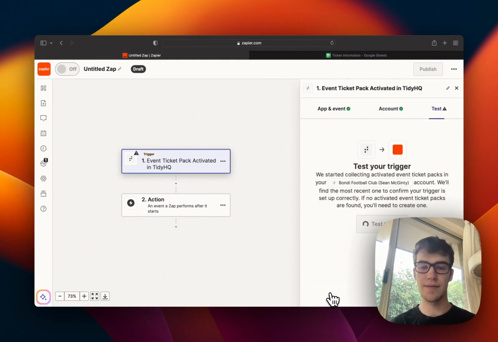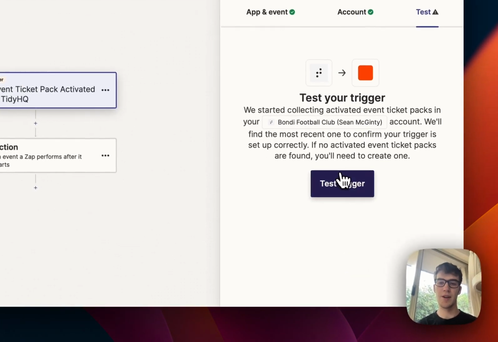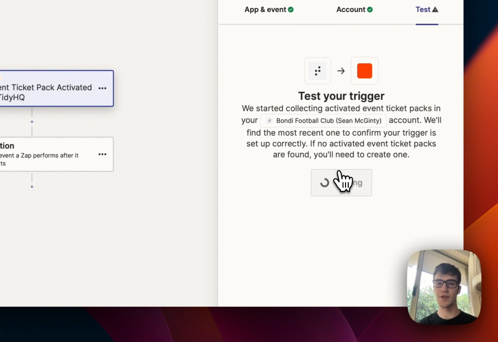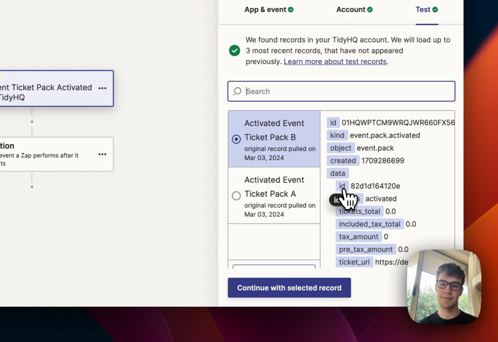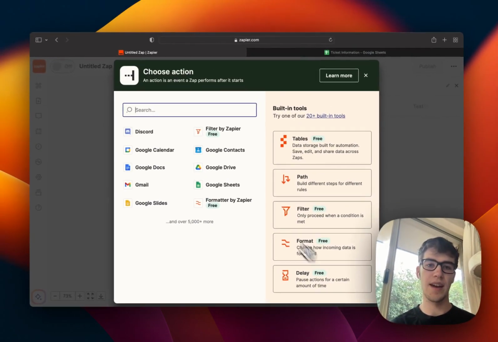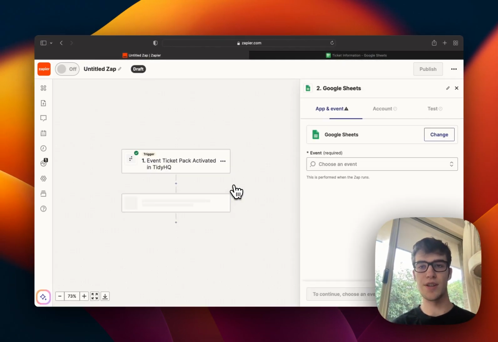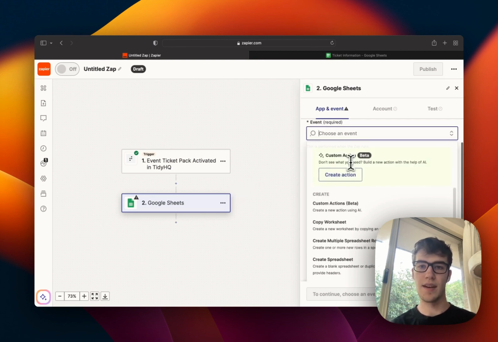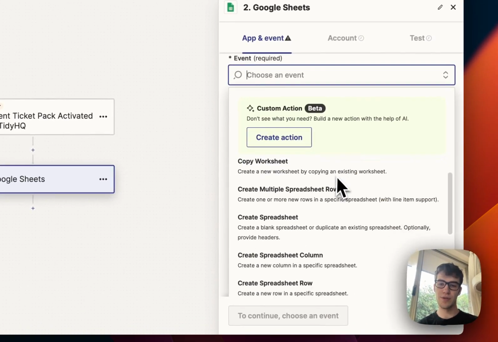We'll link our account. And now we'll test this trigger so we have the fields from TidyHQ to use for our later actions. Cool. Let's select this first one. And now we want to bring this data into Google Sheets and create a new row,